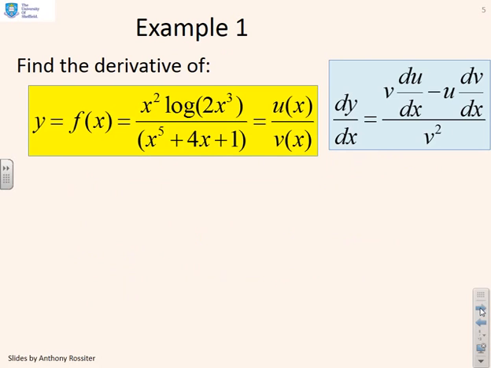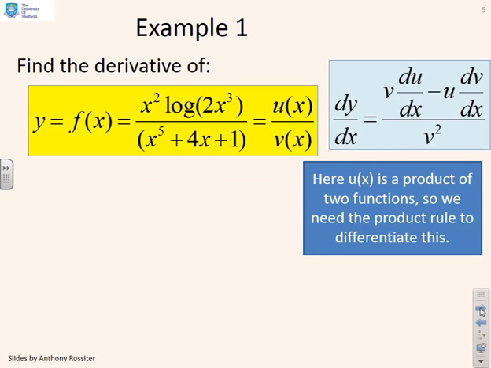First example then. Find the derivative of f(x) equals x squared log 2x cubed over x to the 5 plus 4x plus 1. So here you'll notice that u at the top here is a product of two functions, a product of x squared and log 2x cubed. So before I use the quotient rule, first of all I'm going to need the product rule on this numerator